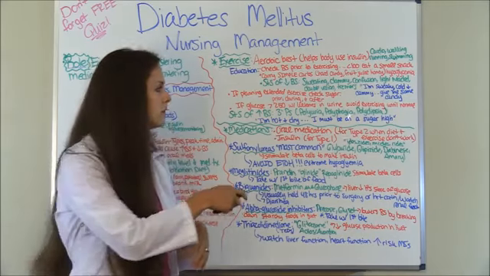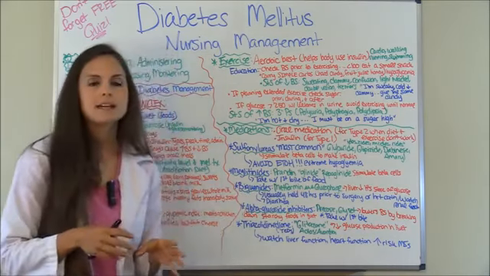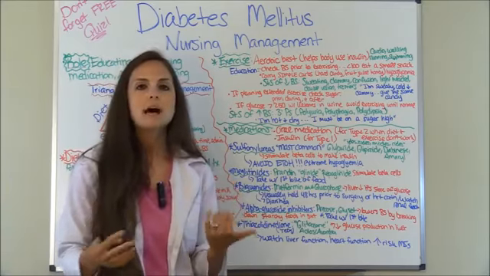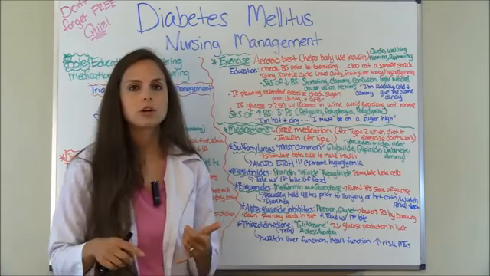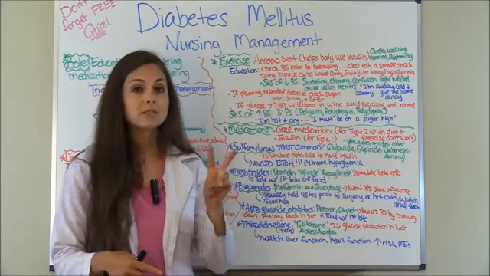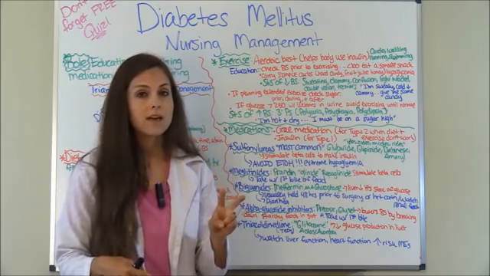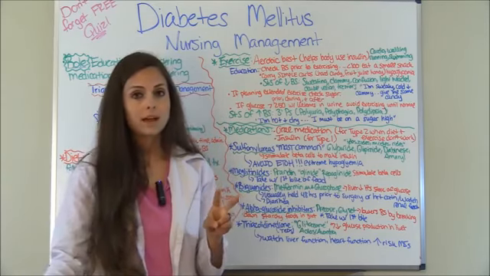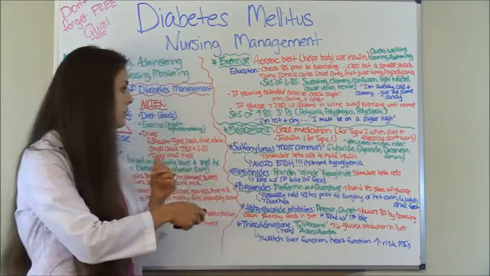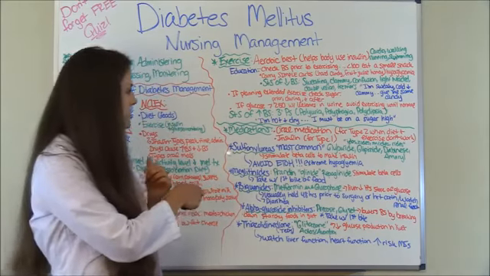Oral medications are typically for your type 2 diabetics, and they are usually started when the type 2 diabetic can't manage their blood sugar with diet and exercise. Diet and exercise are the first things we want, and then they will be put on medications as a last resort. So let's talk about those. First one are your